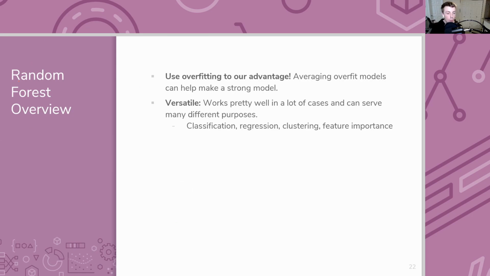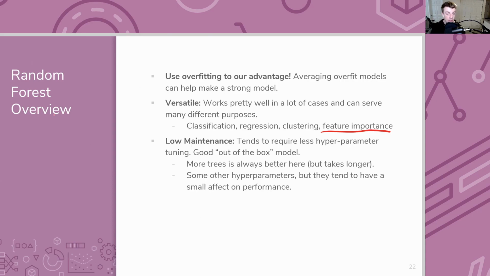It works really well in a lot of cases and can have several different purposes. You can use it in classification or regression. You can also use it in things like clustering that we'll talk about next time. And importantly, having many models can serve as a really great way of trying to understand feature importance. This kind of averaging over many data sets can help you understand whether one feature was very useful in a lot of these random samples. And this gives you a little bit more confidence in some cases about how feature importance works.